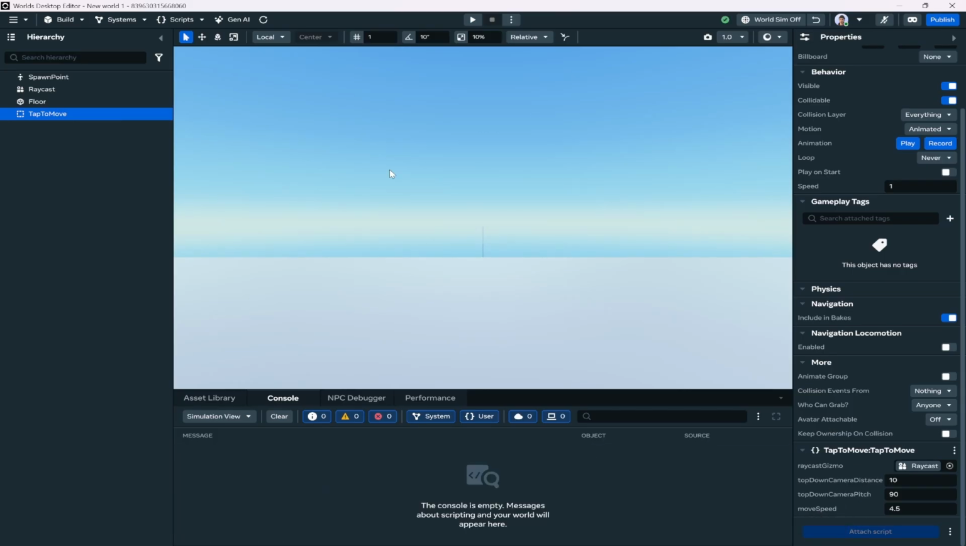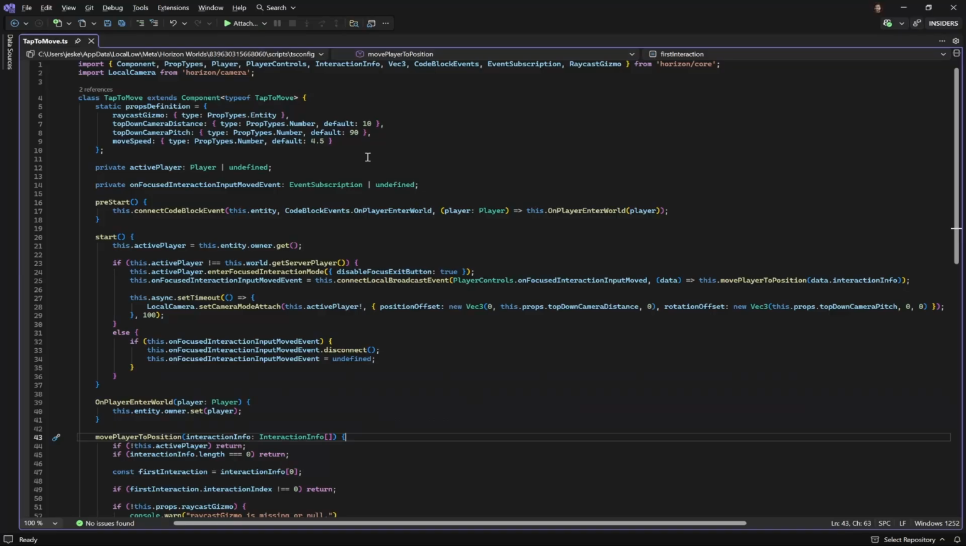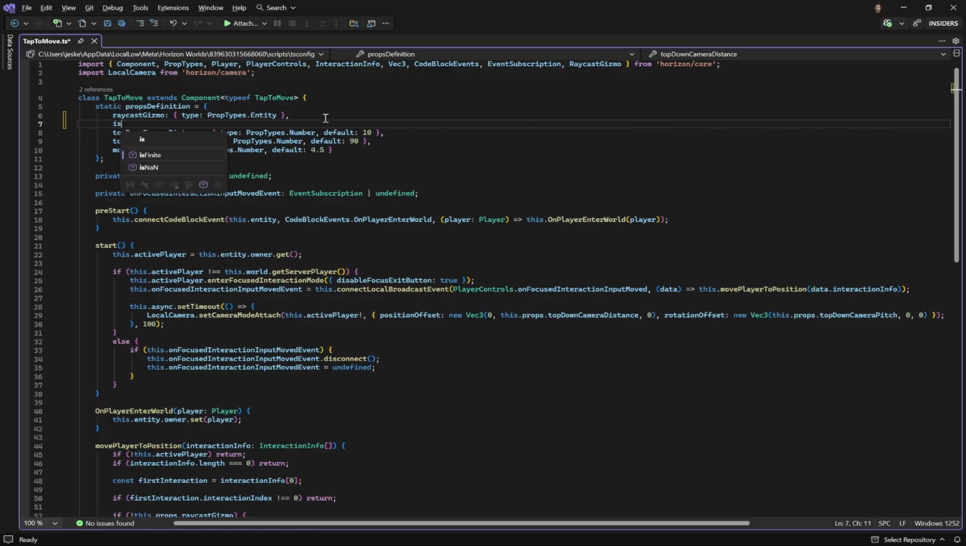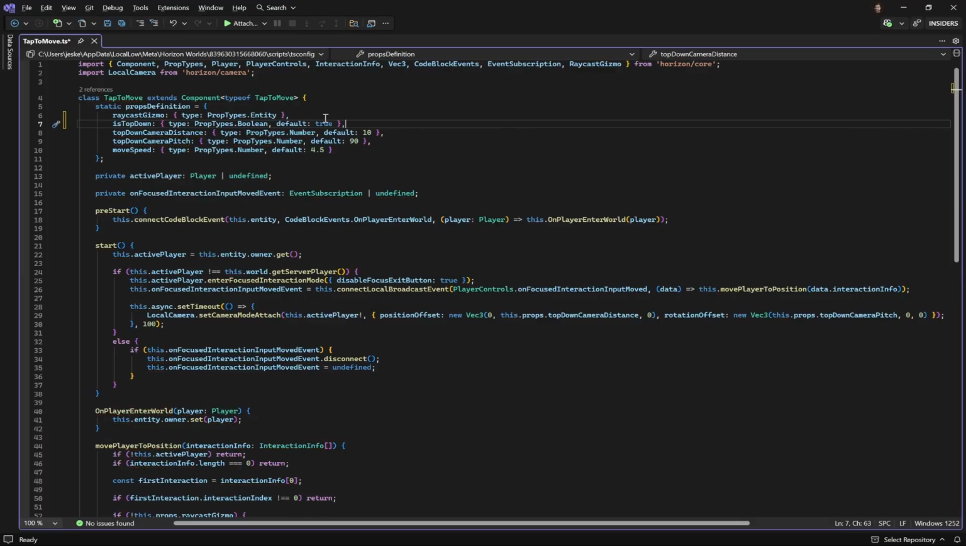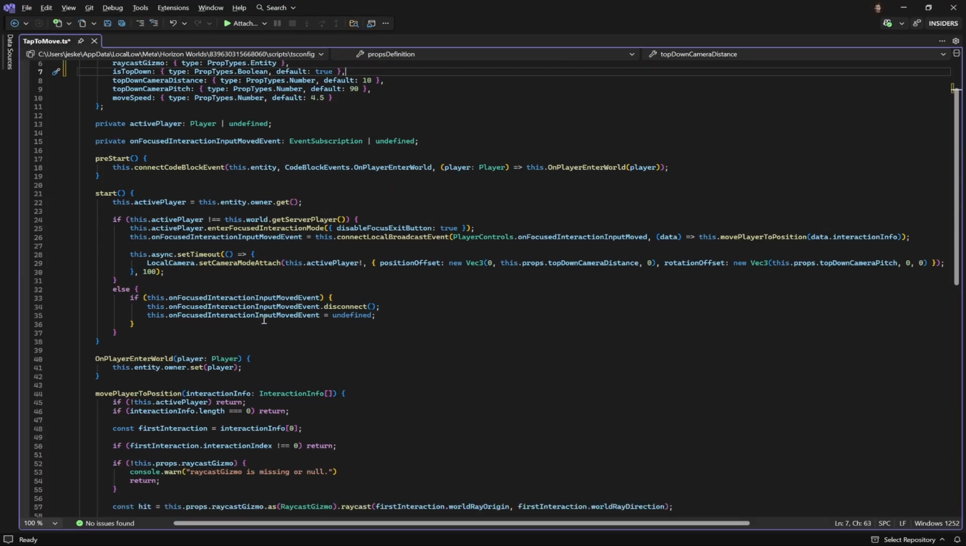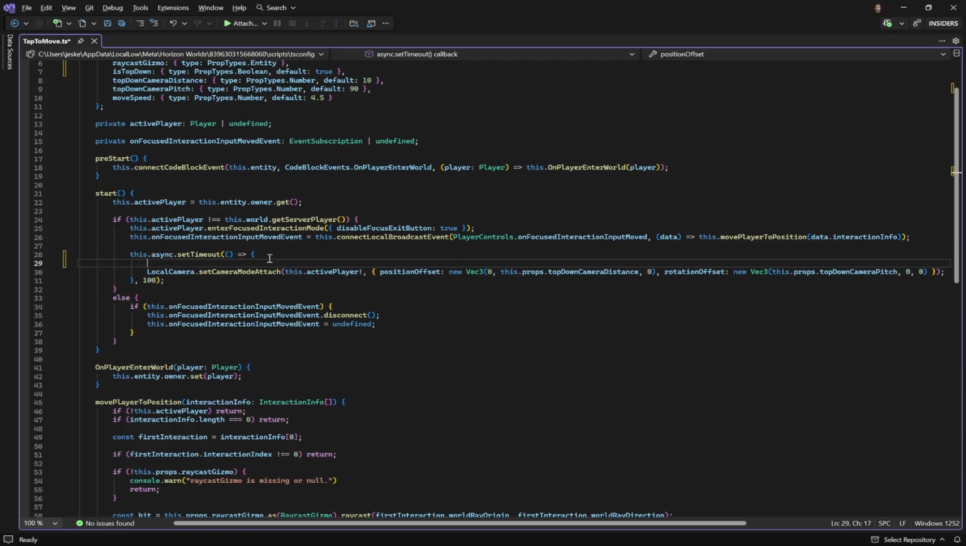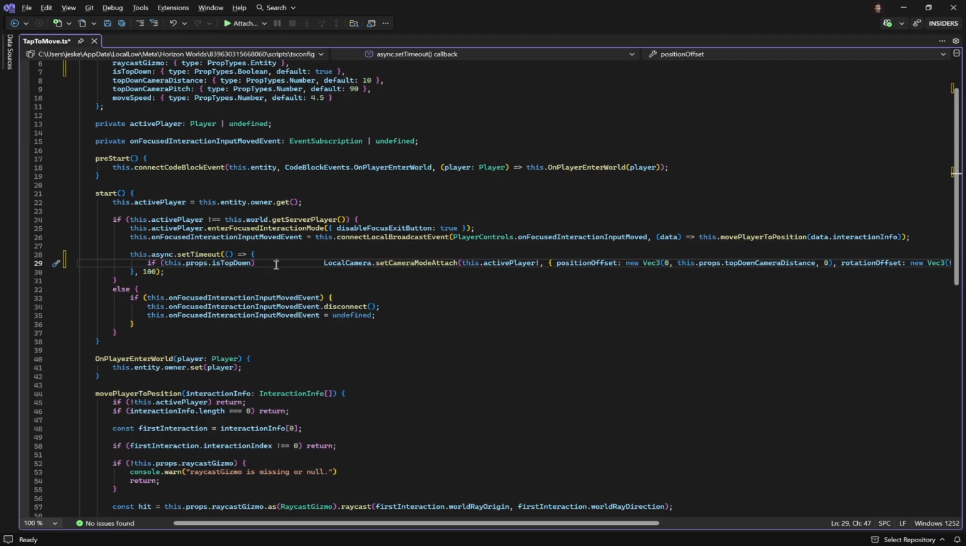The next thing we want to do is add a third person view. Right, so let's go back into the script. We want both top down and we want third person. I'm going to create a Boolean props definition. We're going to call this isTopDown. It's going to be of type Boolean, and we're going to set the default to true. Go into start. When we have our timeout, we will check: if this.props.isTopDown, we will set our local camera to the mode attached with the player. But if it's not,